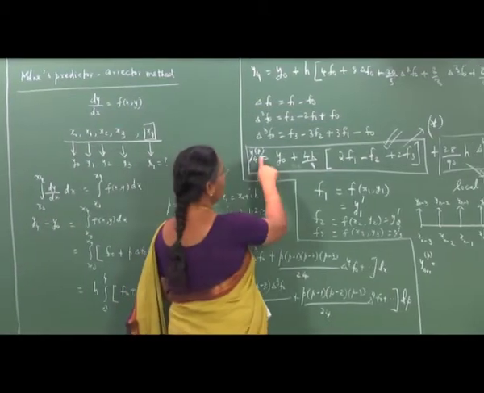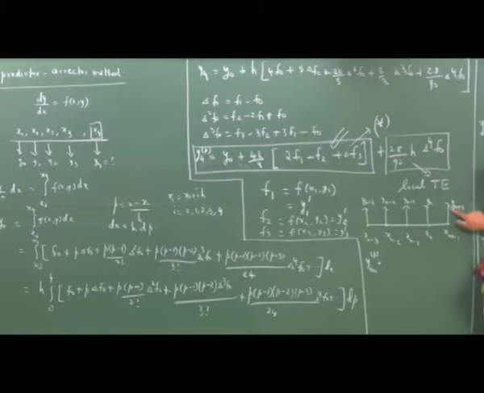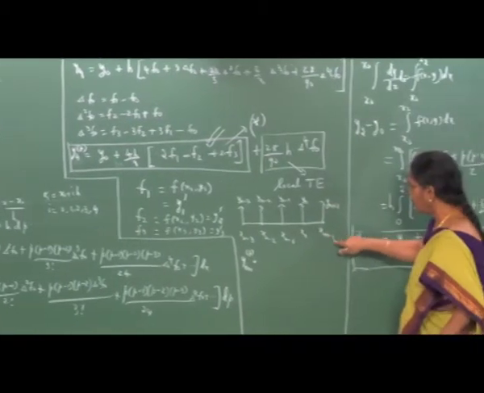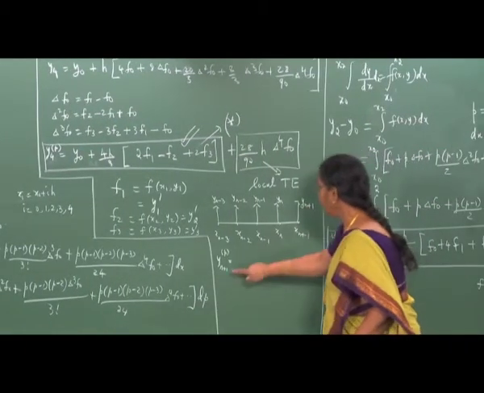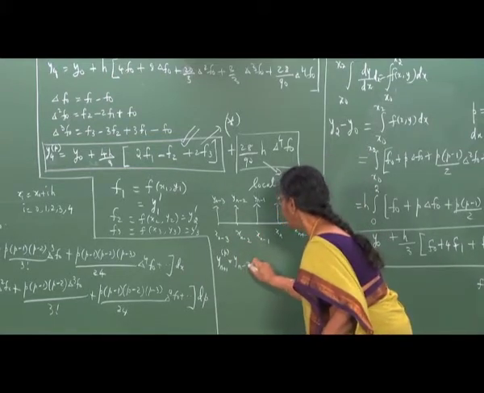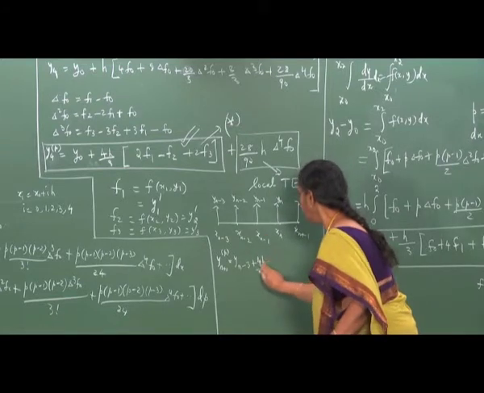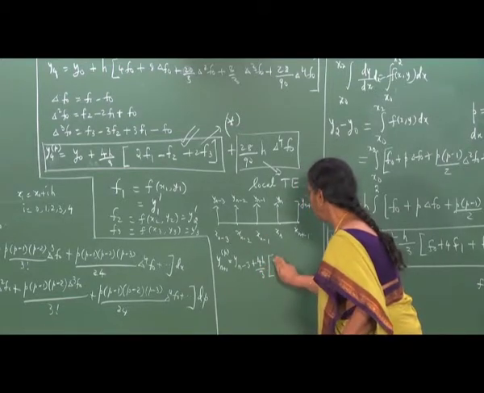So, if I want to put this in general and want the value of yn plus 1 at xn plus 1, then yn plus 1 predicted is yn minus 3 plus 4h by 3 multiplied by twice